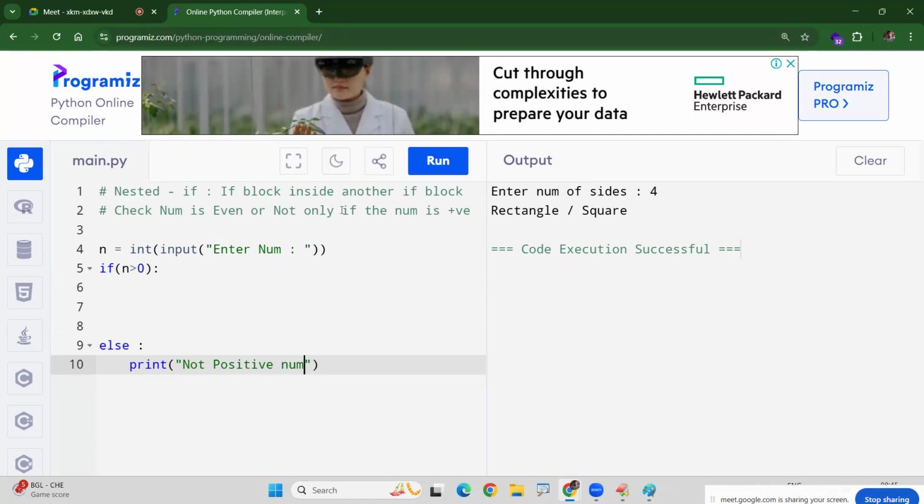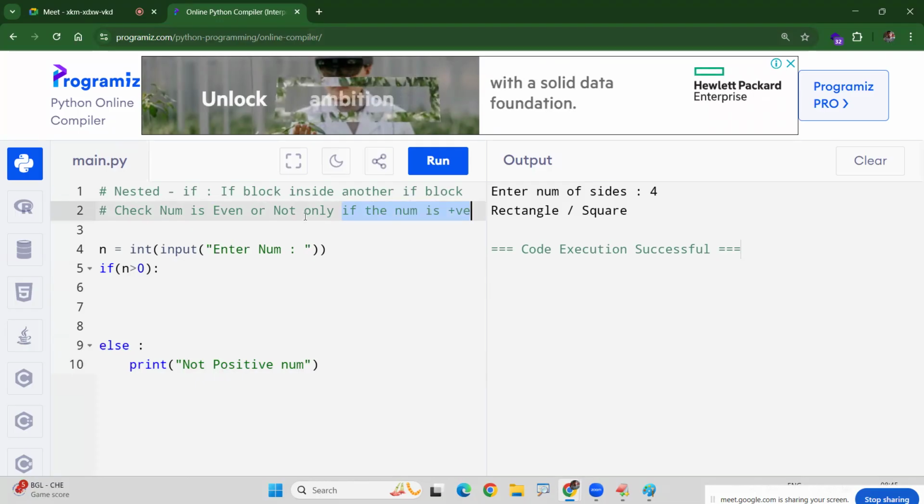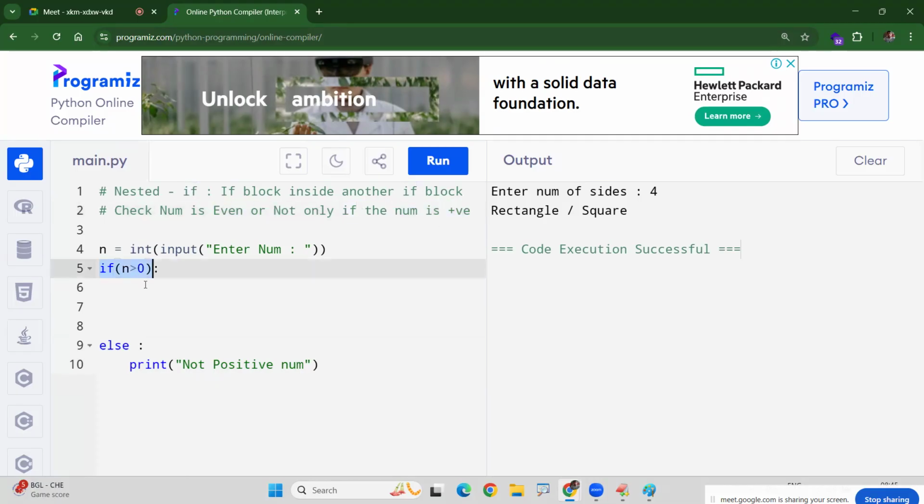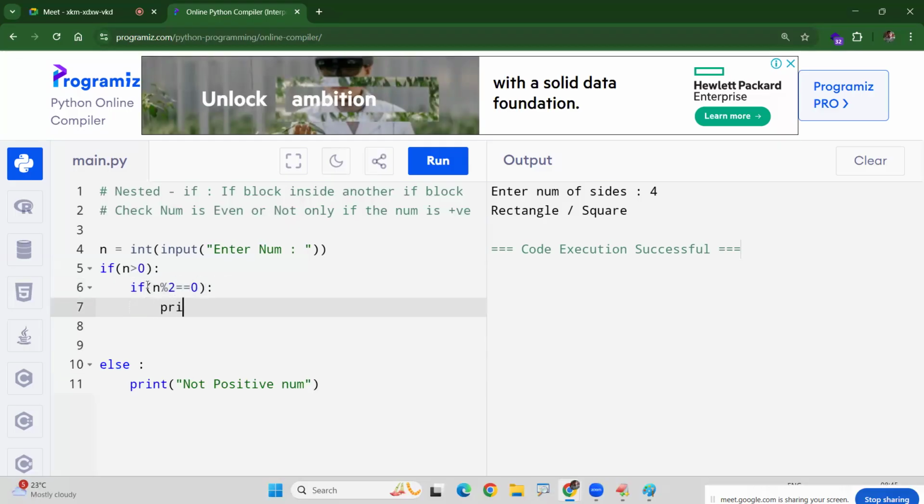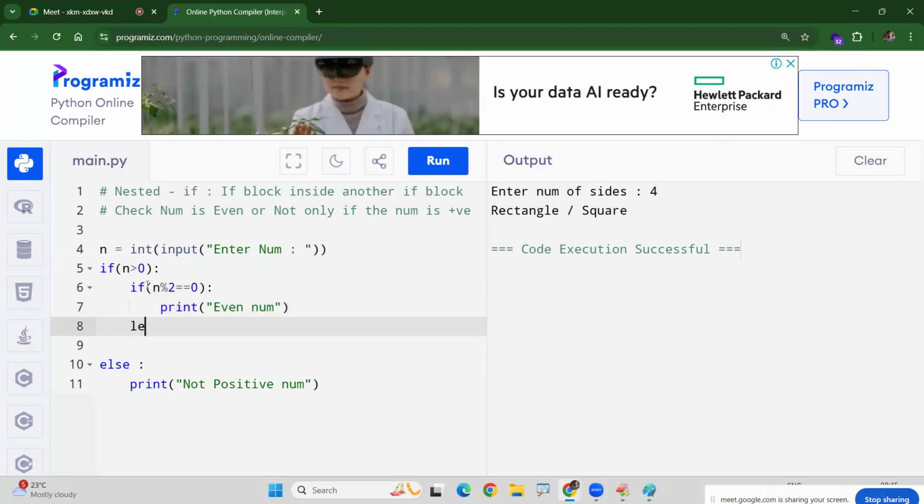So first we need to check this one because strictly the condition is even or not only if it is positive. If it is positive, then this is the nested if. Then checking if the number is divisible by 2, then it is called an even number. If not,